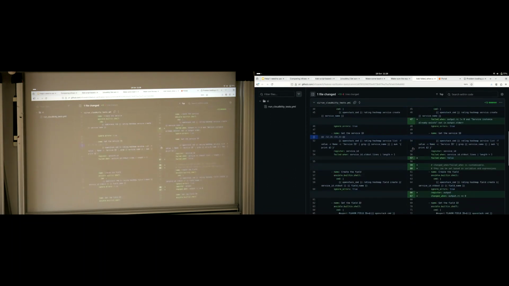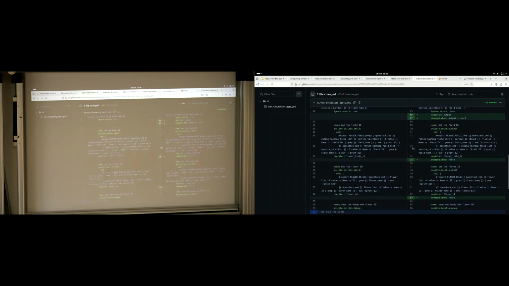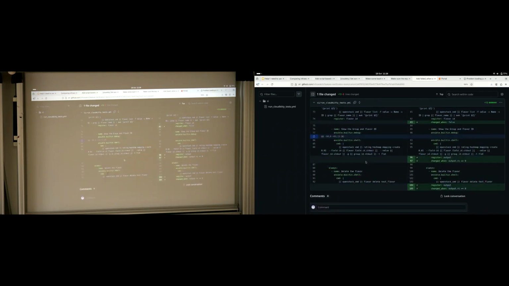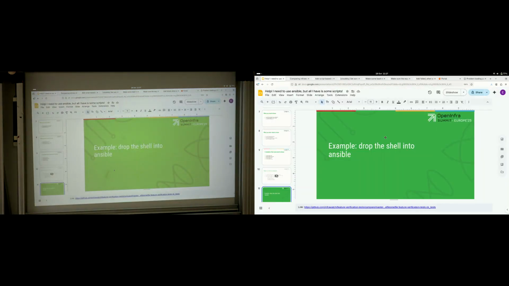This is adding a couple more failed when and changed when. At some point after this presentation I will add a link to the examples, probably not in this actual thing, and it is much easier to peruse them yourselves on something a little bit closer and more interactive. Okay, and